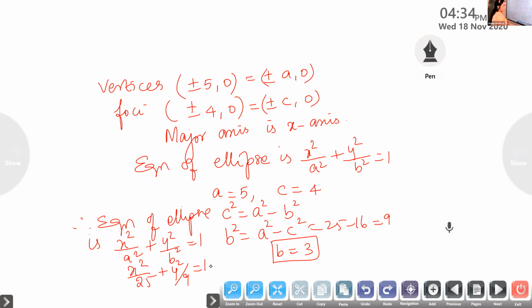No, conic section, it is not very lengthy questions. Very small questions only you are getting, compared to straight lines. In straight lines, some few questions are lengthy. But in conic sections, most of the questions are simple. One or two steps only need to solve a question.